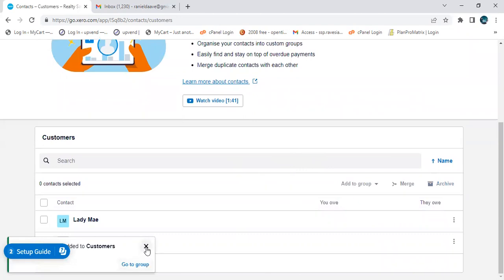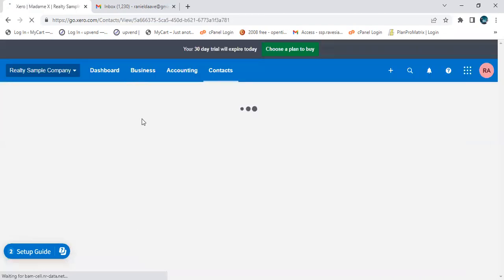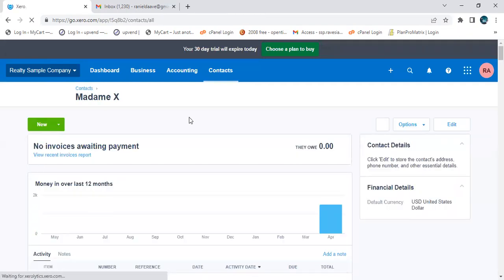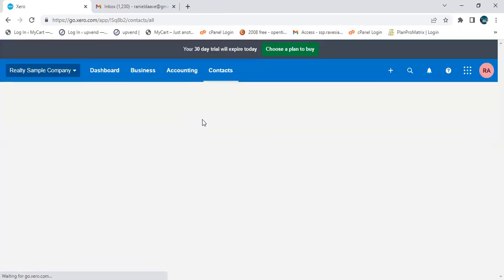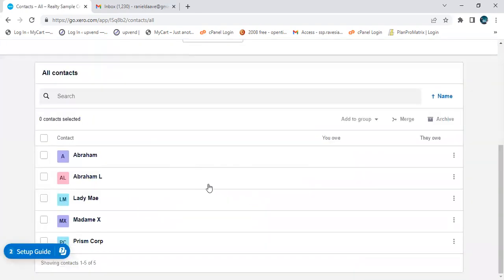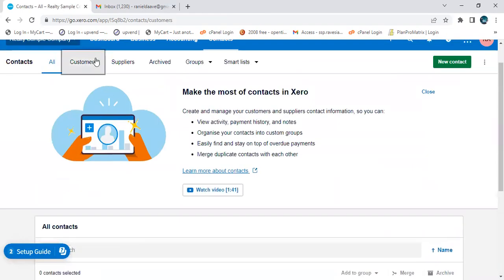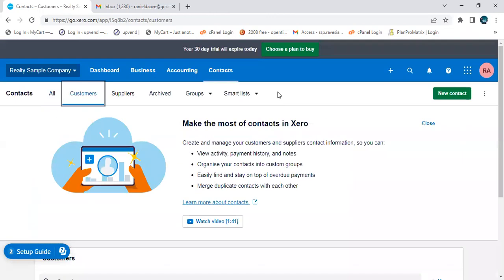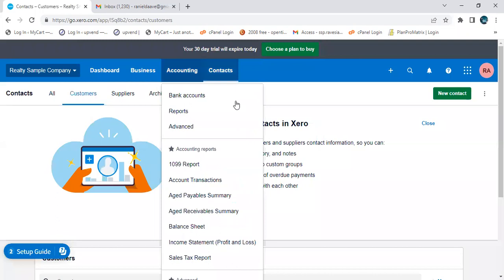And the best way for that to be added in the customer tab is to make a sales invoice. You can see it's not here. But if we create a sales invoice,